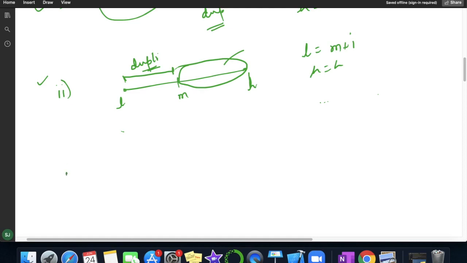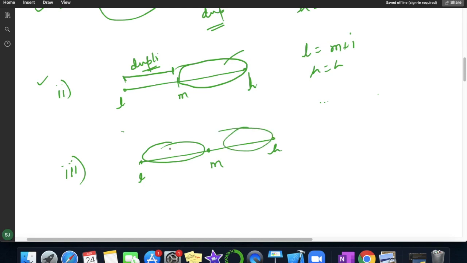Now the main condition is the third one. Low, mid and high. Suppose a few elements are present here, and a few elements over here. So what to do here?